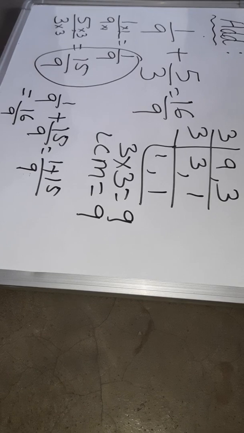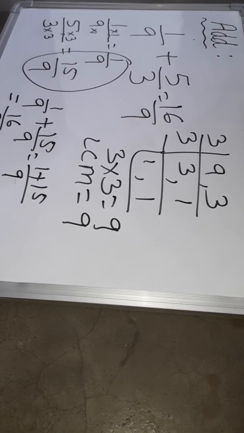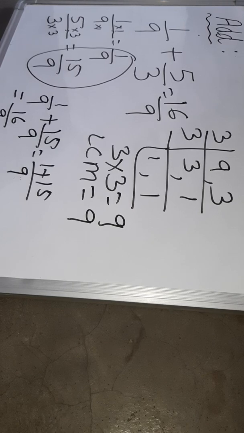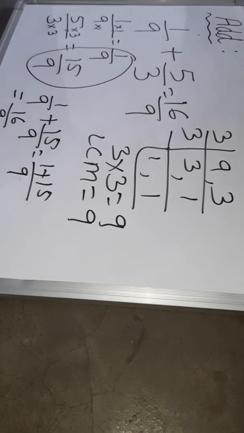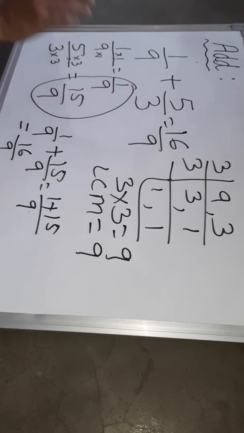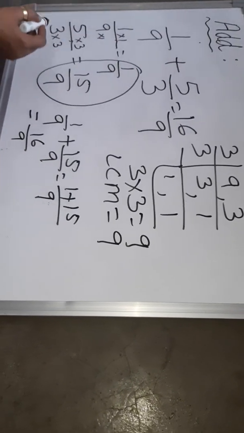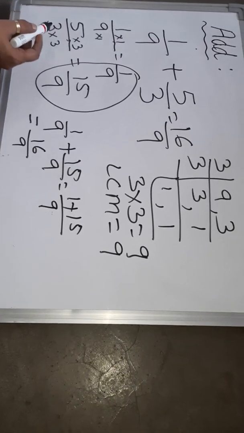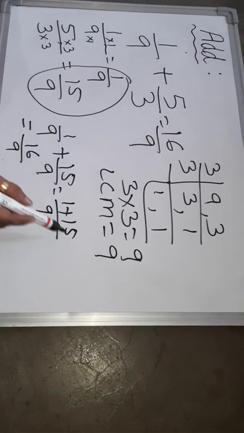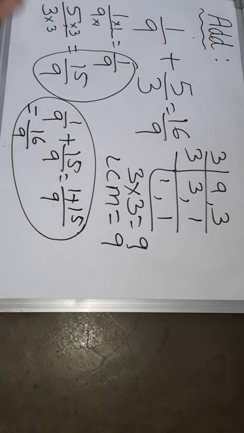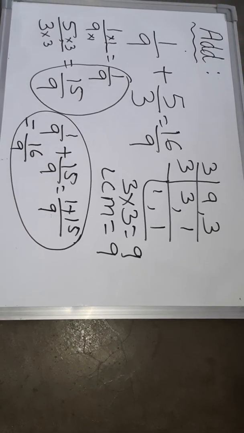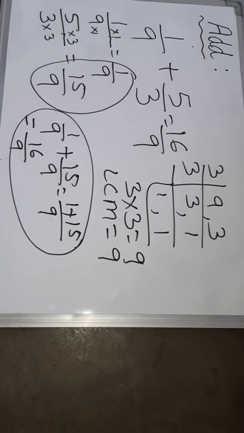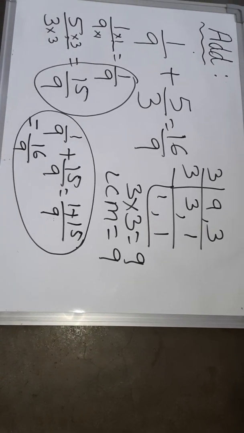Children, again I am repeating the steps. First, make the unlike fractions into like fractions. How to make the like fractions? You just find the LCM of the denominators and then change the given unlike fractions into like fractions, and then finally you get the answer. I hope now you can add the given unlike fractions easily by finding the LCM of the denominators.